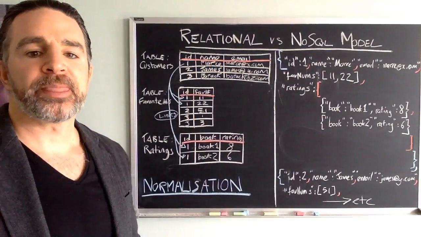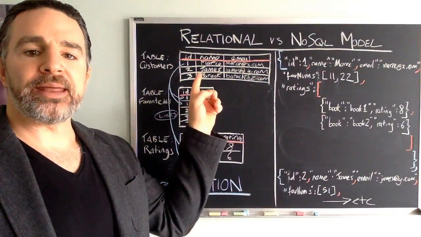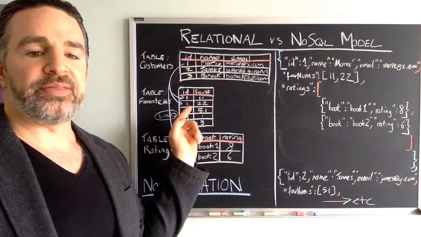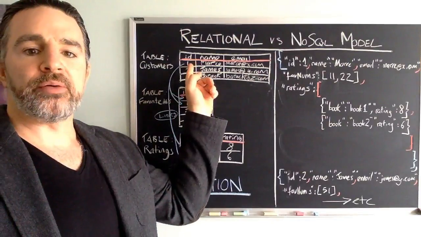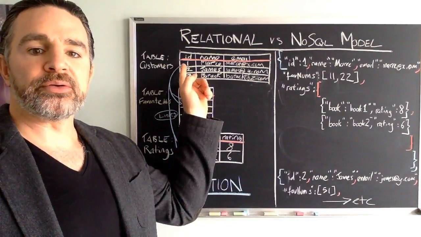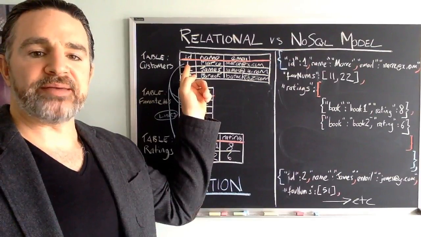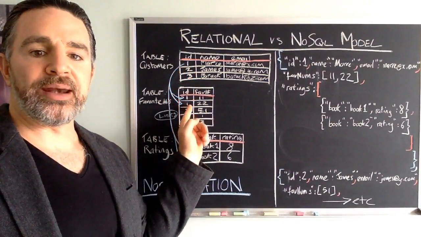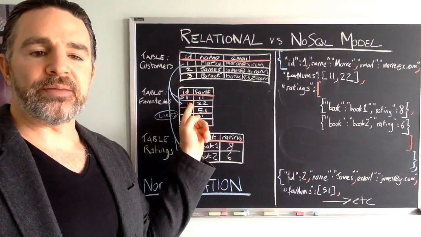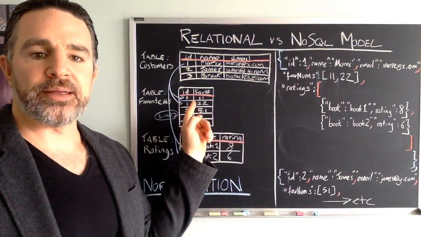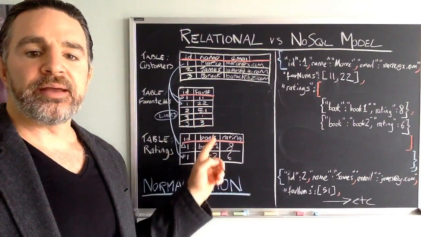Now, and then the way we would link these 2 tables together, it's also called a join. So we would link the ID field, which would be known as the primary key, on the main table, and it would link down to ID in the favorite numbers table. This would be referred to as a foreign key. So the same thing, let's say I